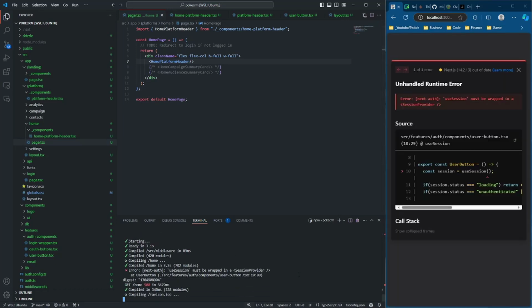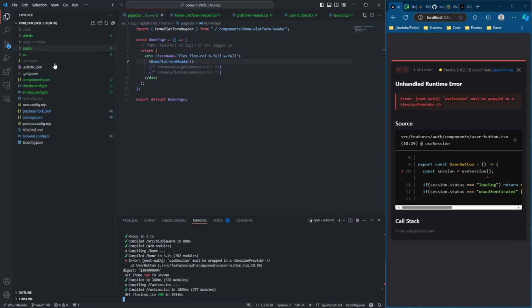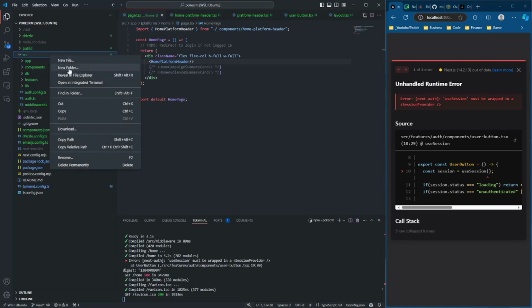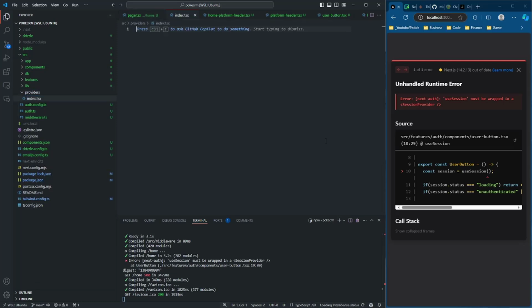Oh, next session must be wrapped within a session provider. Absolutely. So the way that I'm going to do this, just because we're going to be using a couple of different providers, I'm actually going to create a folder of its own. So after I closed everything, open up source, create a folder called providers, add in an index.tsx here,